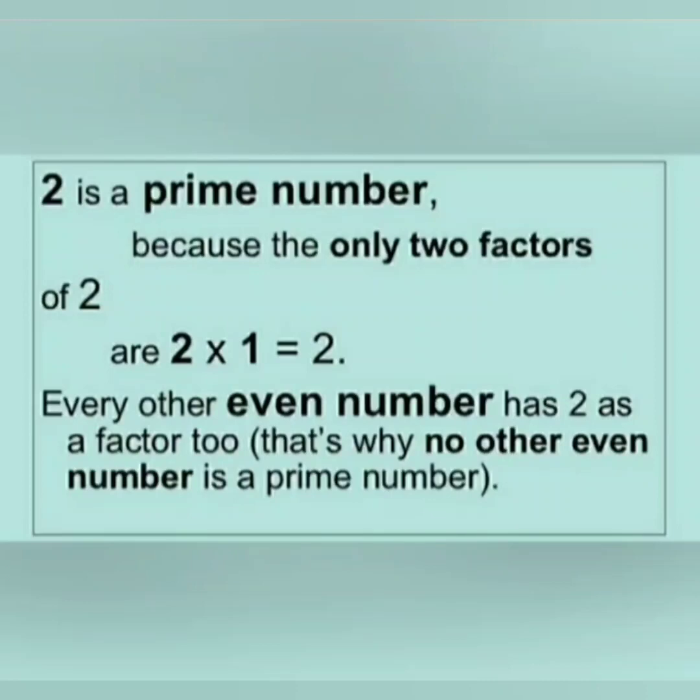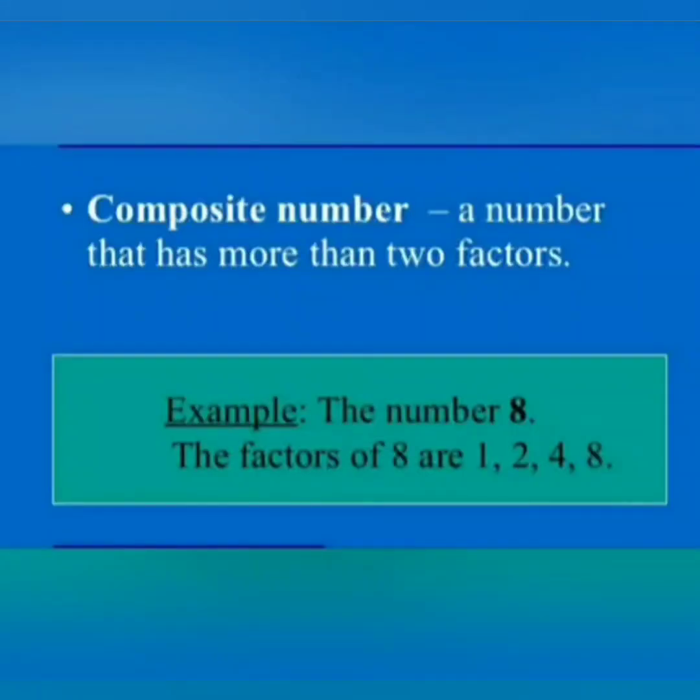And what is the key point we have to keep in mind regarding the prime number? That it will have 1 as a factor and the other one will be the prime number itself only. Two factors will be there, not more than two factors. Our second type of numbers, composite numbers. What are composite numbers? A number that has more than two factors. They are just the reverse of the prime numbers. Prime numbers have exactly two factors, not more than that, whereas composite numbers have more than two factors.